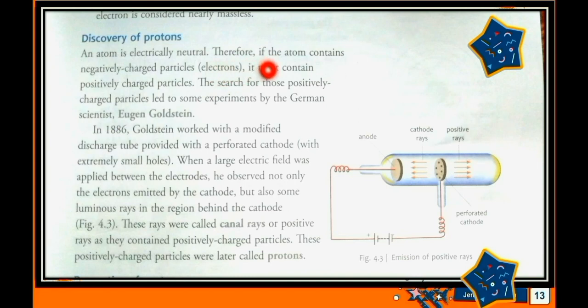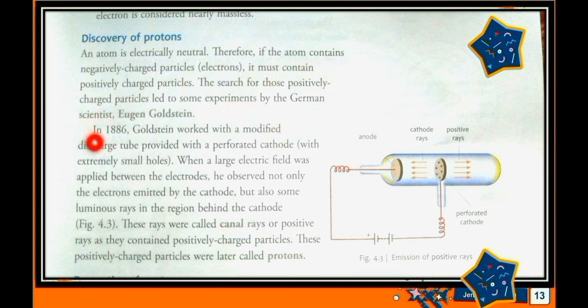So therefore, if the atom contains negatively charged particles, which we saw in the experiment performed by J.J. Thomson, that are electrons, it must contain positively charged particles also. Then only that negative charge can be cancelled by the positive charge and we can declare an atom to be electrically neutral. Okay. So the search for those positively charged particles led to some more experiments